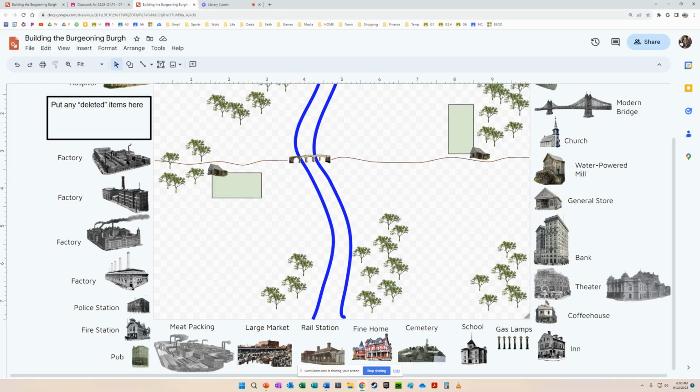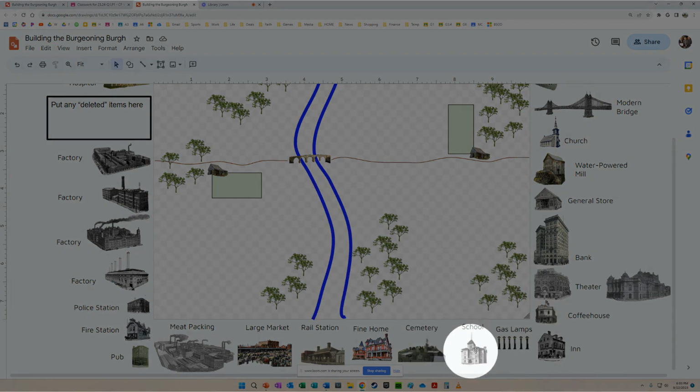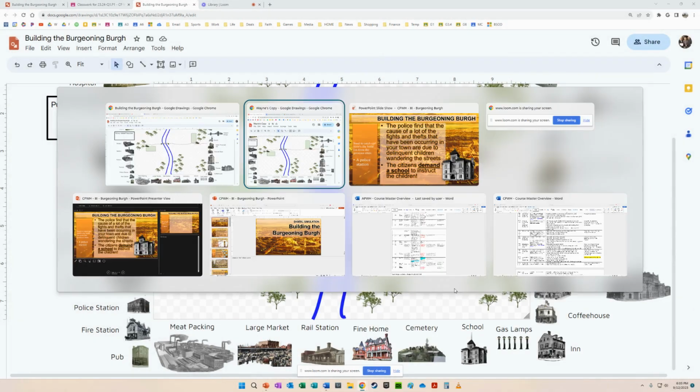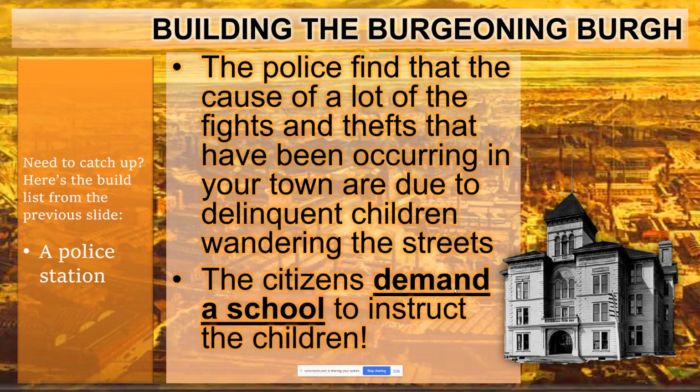So that they can learn to become good citizens, and not only that, but maybe make something of themselves, instead of spending their time causing trouble in neighborhoods while everybody else is at work. So with that, the citizens demand a school. Go and place the school in a place that is reasonable for a school to be at, to instruct the children, just like you are now. The legacy of the public school to come out of the Industrial Revolution